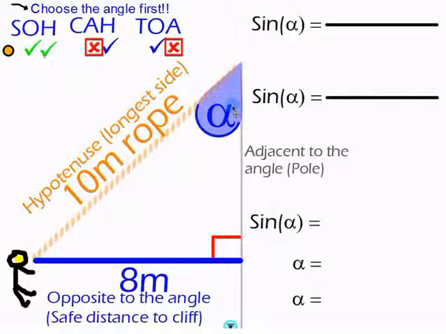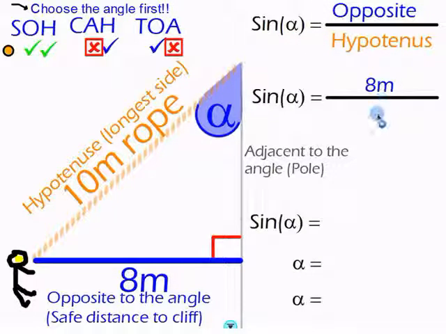So the sine of this angle is going to be equal to the opposite length divided by the hypotenuse length. So the sine of this angle is equal to 8 meters divided by 10 meters. So the sine of alpha, opposite over hypotenuse, is equal to 8 meters over 10 meters. And 8 divided by 10 is 0.8. So the sine of our angle, which is our angle sort of written in another language if you like,